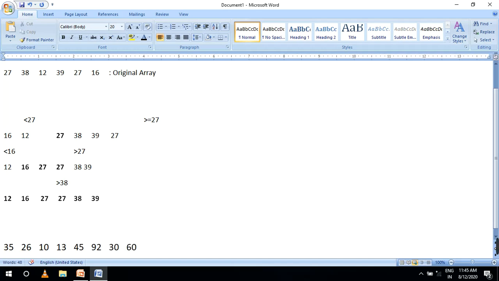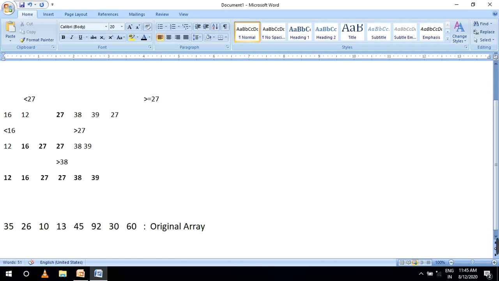I'm getting a total of 8 values. This is your original array. Now we'll get to the sorting process.